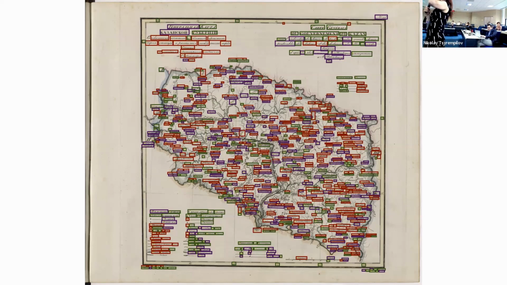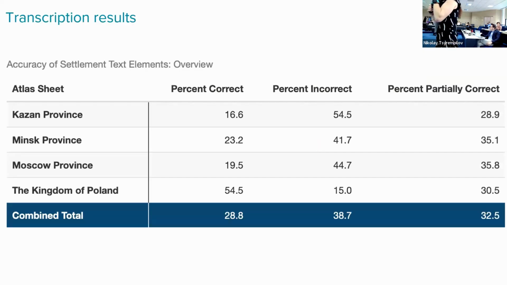The color of the rectangle is associated with whether or not the machine was able to actually accurately translate the pixels into letters. So it wasn't so great at that. It was really great at figuring out where the text was, but it turns out that the machine isn't so good at recognizing manuscript. It's good at printed type, but not at manuscript type.